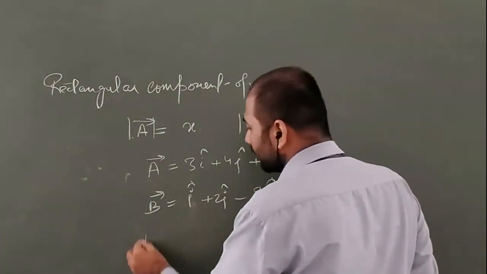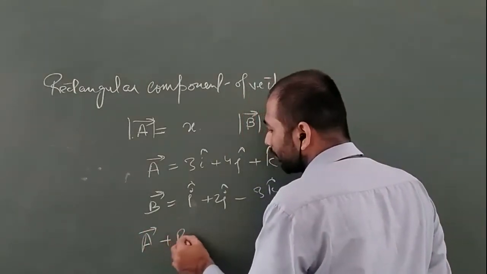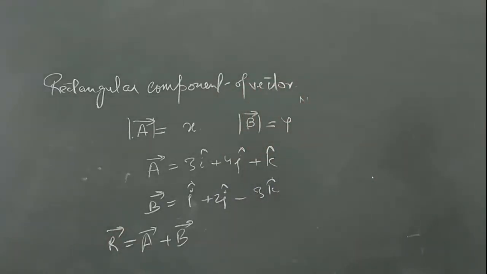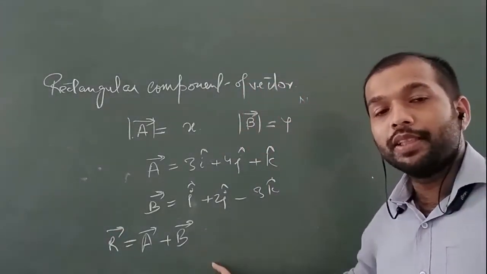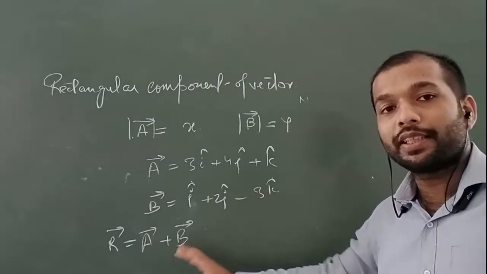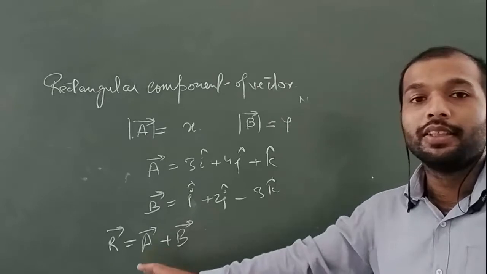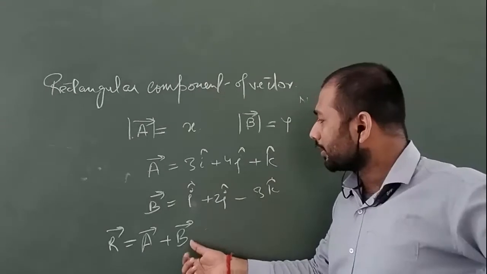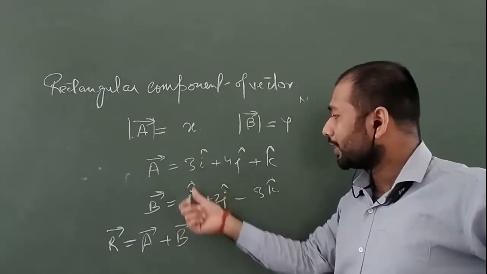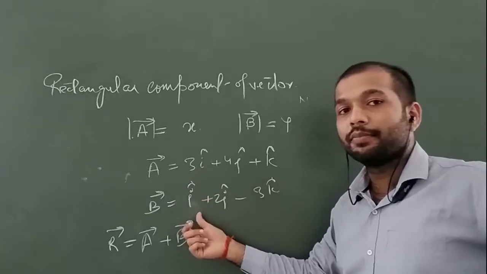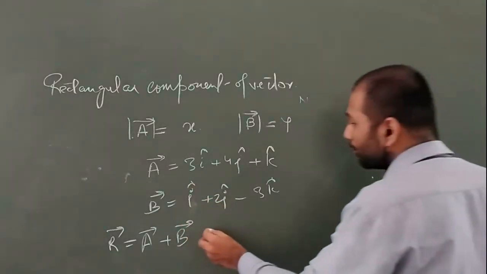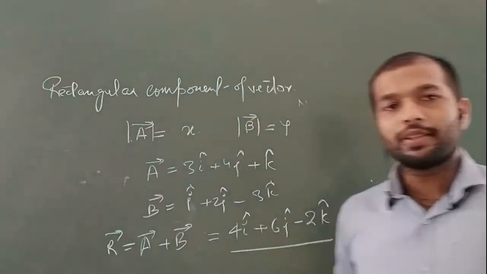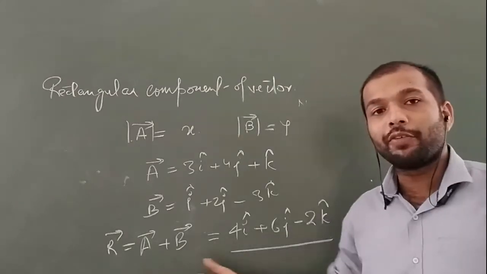Now, if I say give the resultant of A and B, you know how to write the resultant of A and B. Simply in vector form, A plus B is not the algebraic, but a vector addition, and the vector addition is also known as the resultant of these two vectors. So I will simply take the two vectors with the individual components and just by adding them, I can calculate the resultant. See how easy it is. 3 plus 1, that is 4. So this is the resultant of A and B.